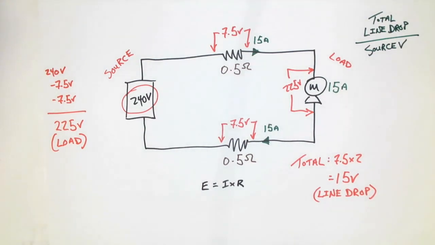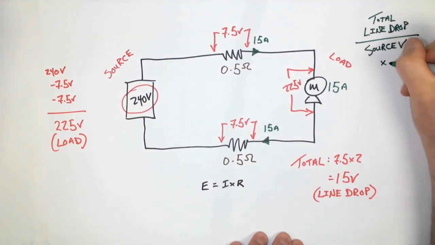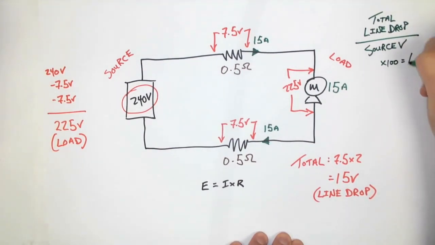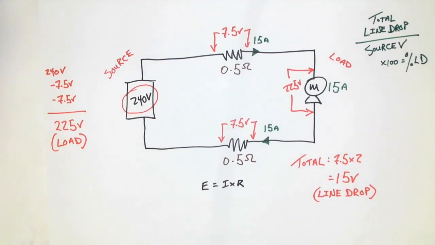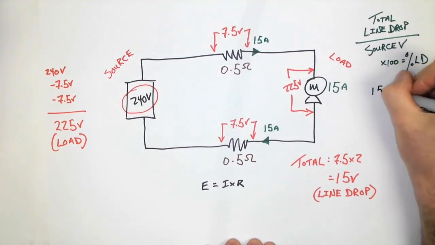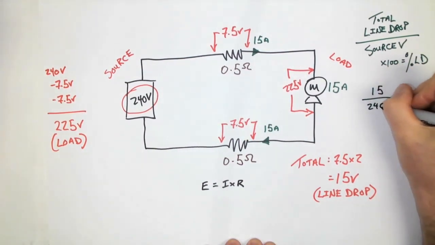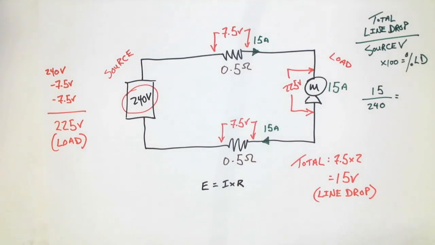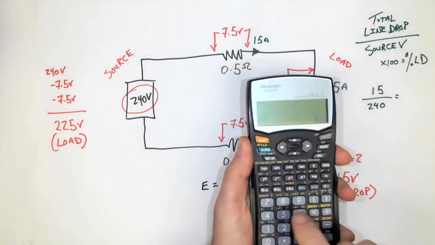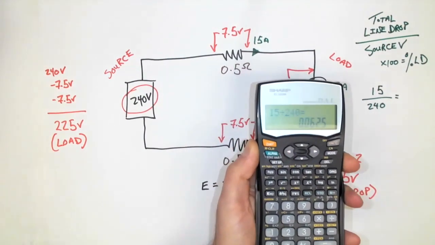Now, of course, you're going to have to multiply it by 100 after, because after we multiply it by 100, that should give us our percent line drop. So with this particular question then, what we have is 15 over 240. So 15 volts divided by 240 volts gives me